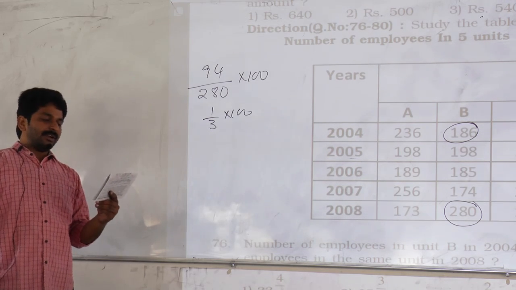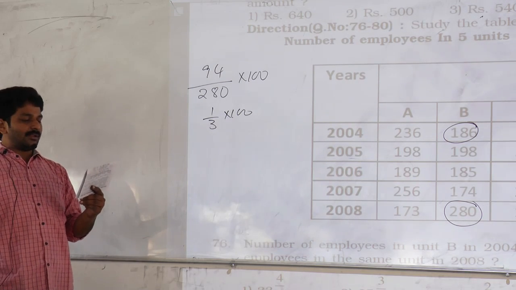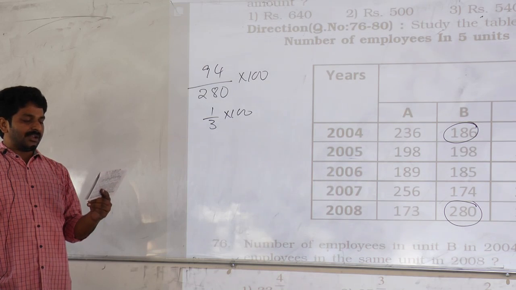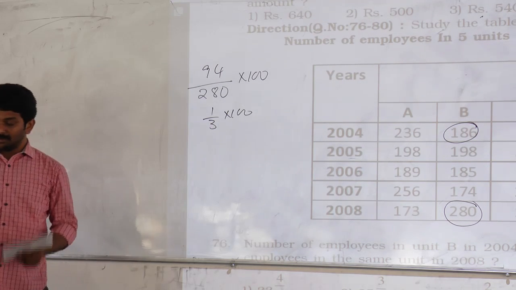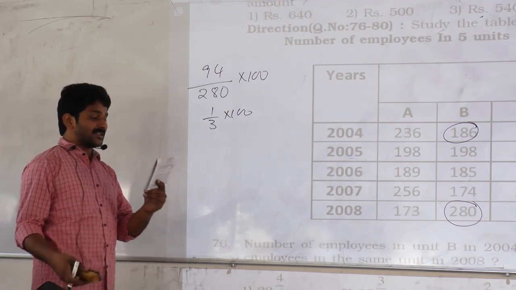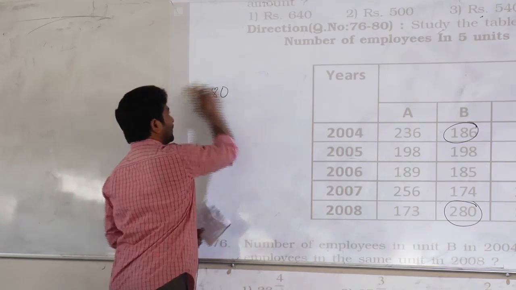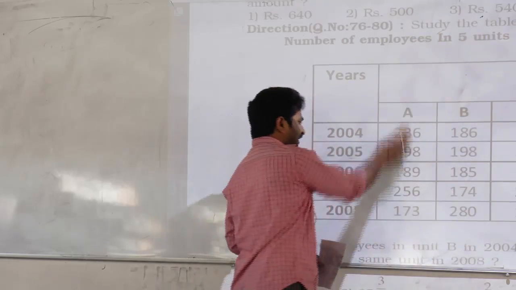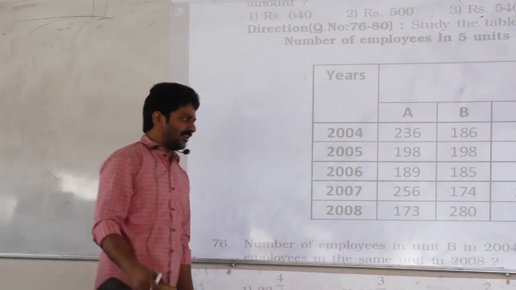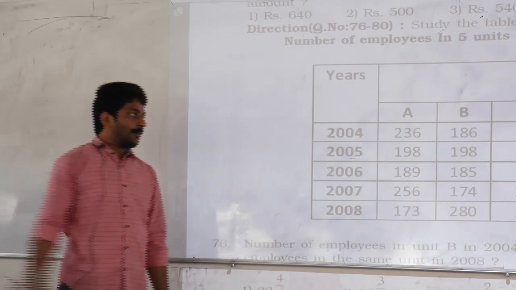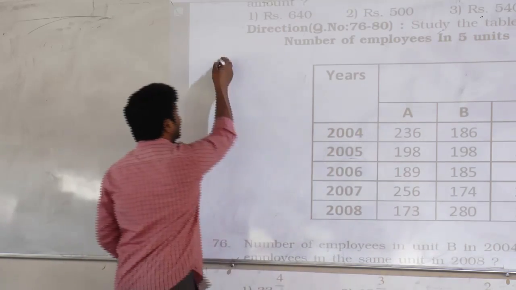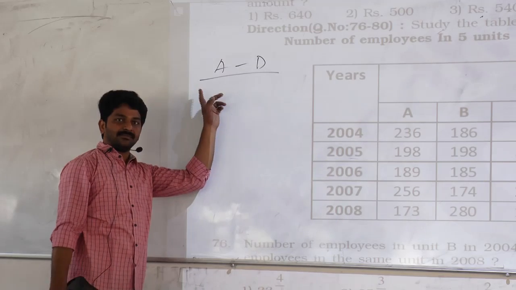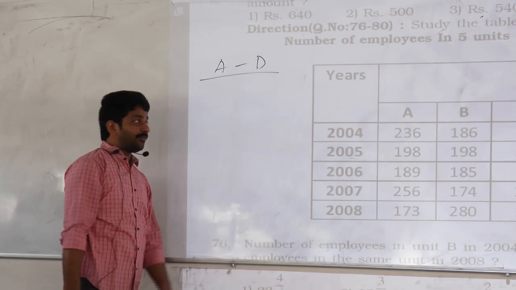What is the difference between total number of employees in unit A during all the given years together and total number of employees in unit D during all the given years together? Right, what is your question? Difference. Difference of what? A and D. So instead of adding everything, let's go for individual difference and then we can add. But every time you subtract D value from A value. Right? When you go for individual difference,